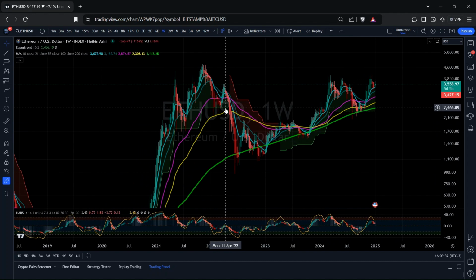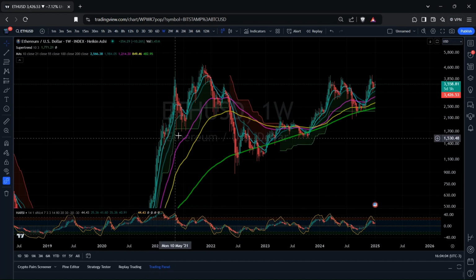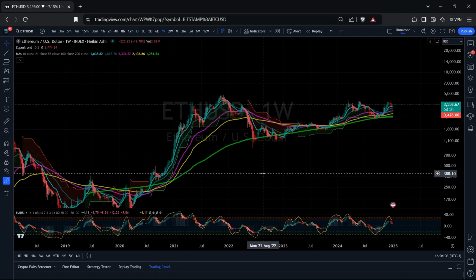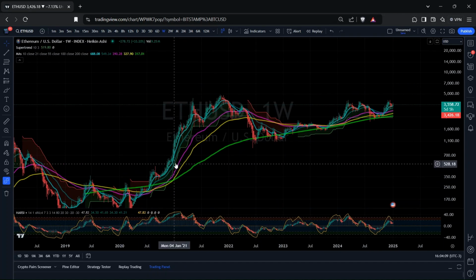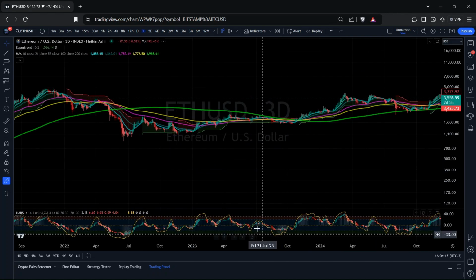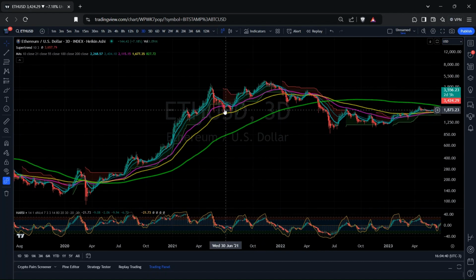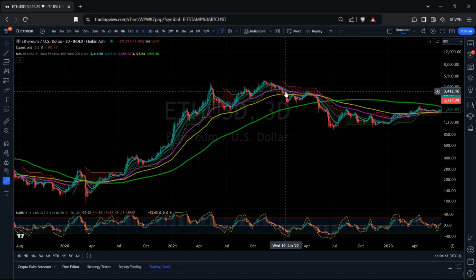It had worked as well on May 22nd when Ethereum dumped hard and you could sell it here instead of selling, let's say, at the $1,000 mark. However, this is my opinion, this is the way that I trade, if I see a long-term extension like that, I would look into smaller periods like the 3-day, let's say, and in that time I would be out of the market partially here in this area at $2,300